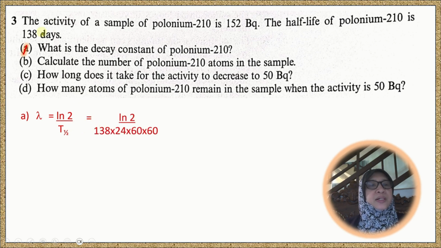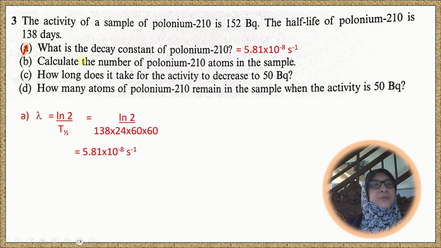So we substitute the half-life given here, 138 days, and convert to seconds. So 138 times 24 hours, times 60 minutes, and times 60 seconds. So we get the unit for half-life here in seconds. So the decay constant is 5.81 times 10 to the power of -8 per second. Okay, next,